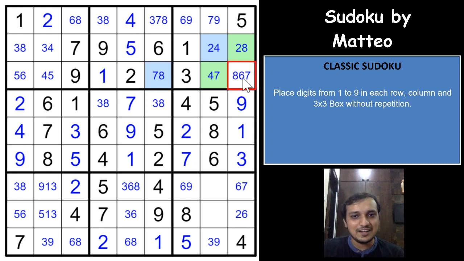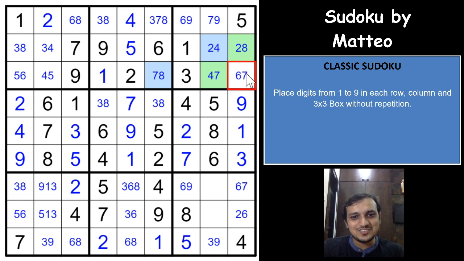So this is the cell, right? 7 8, 4 7, 2 4, 2 8, and both of these cells don't see each other, and both of these cells have a common digit called 8. So this cell wouldn't have an 8. So if at all you have an 8 here, this would be a 7, 4, 2, and you won't have anything here. 8 and 2 will be here, right? So if you have an 8 here, you will have a 2 here. That will eliminate all the possibilities from this cell. So it would have to be 6 and 7.